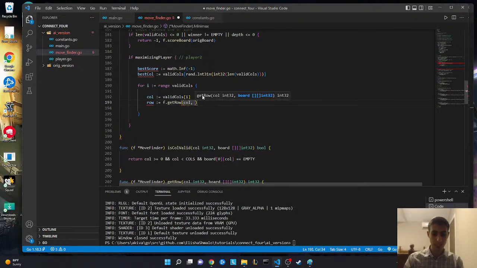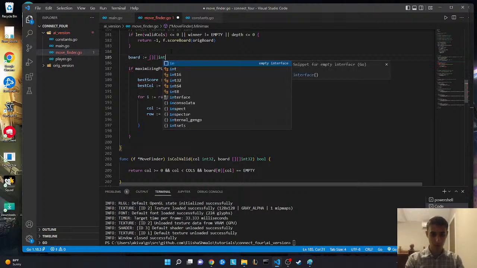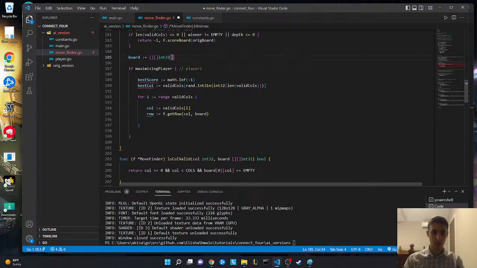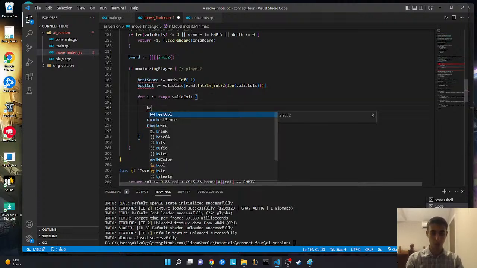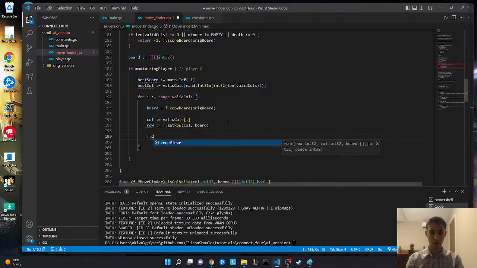We need the board, and the board is not going to be the original board. We're going to make a new board each time. So up here, let's make our board copy. Let's just call this board colon equals make int 32, and it's going to be empty for now. And then every single time we're in this for loop, the board needs to be reset. Board equals f dot copy board, and I need the original board, orig board. So now we copy the board, and then we get the row from the board, and then we could say f dot drop piece at row comma call